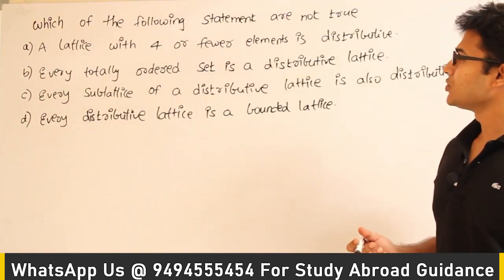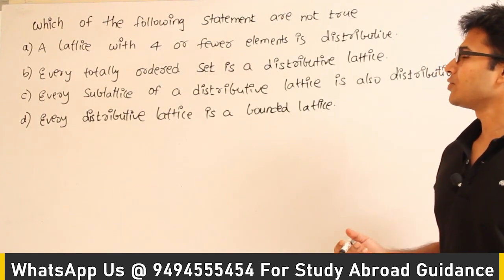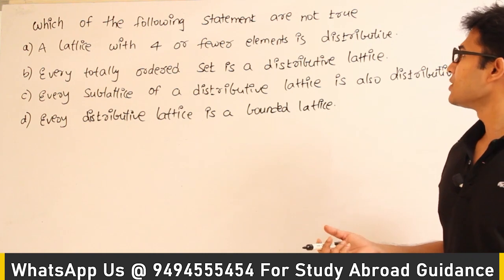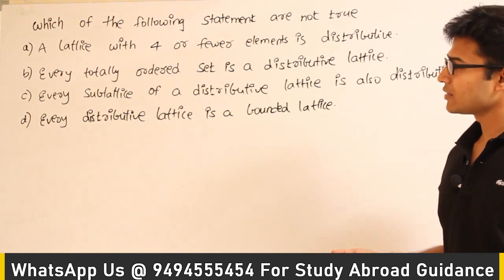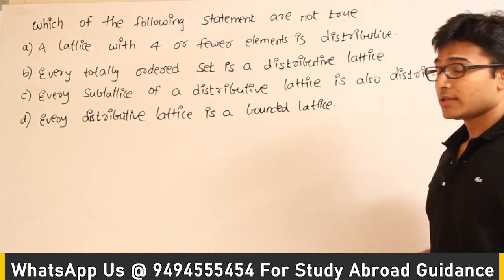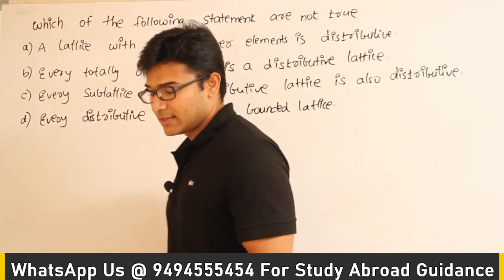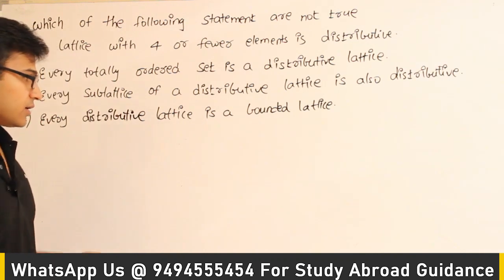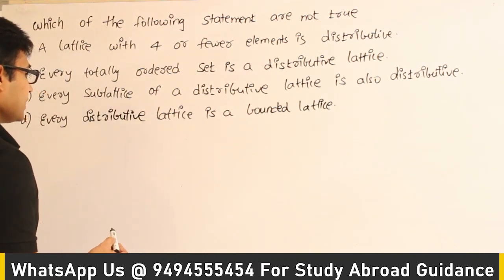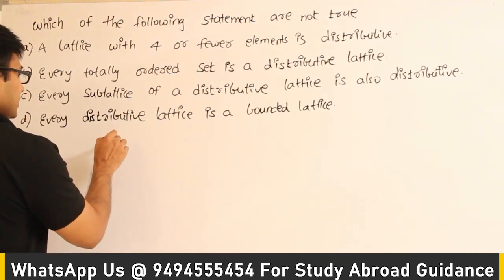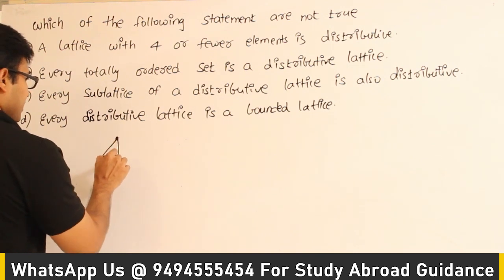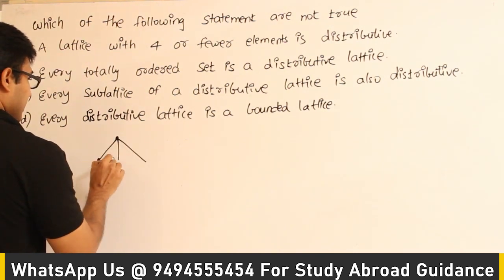See this question, which of the following statements are not true? So they have given some statements about distributive lattices and they are asking about true or false. So it is a very important example, try to understand this. So we have already seen two examples, L1 star and L2 star. So if any lattice contains within itself a sublattice like this,